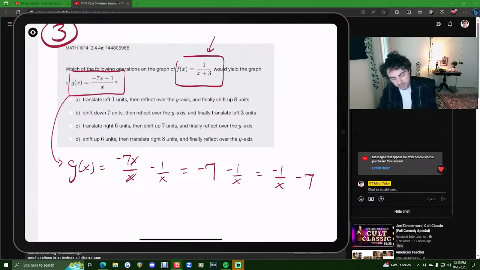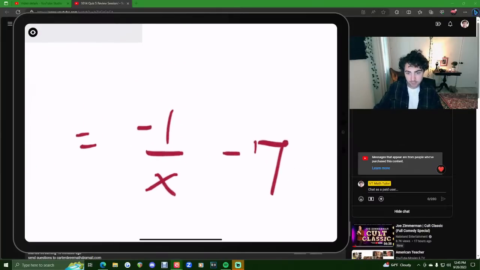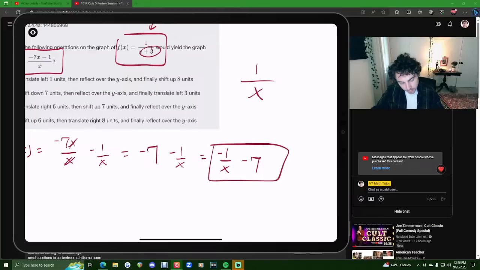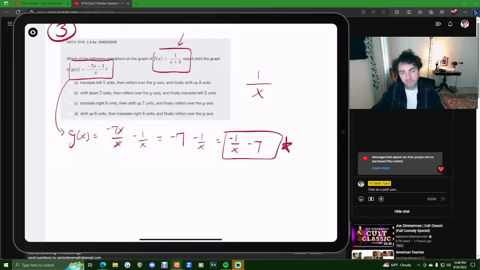And what you might be able to see is that the original function was 1 over x plus 3, and now this is -1 over x minus 7. And so you can see at least some connection with the 1 over x, and then originally there was some transformation, and here it's a little bit different. So once you get it in this form, the next trick I would say with this one